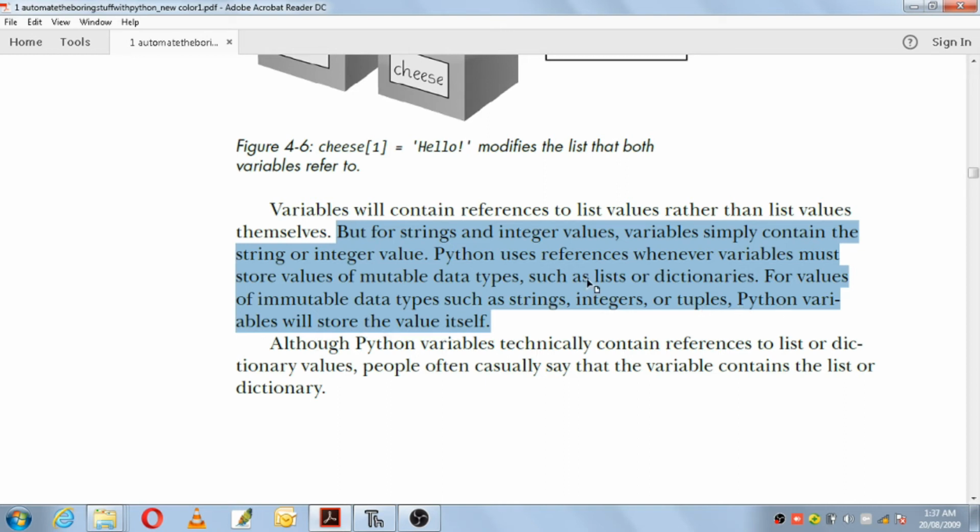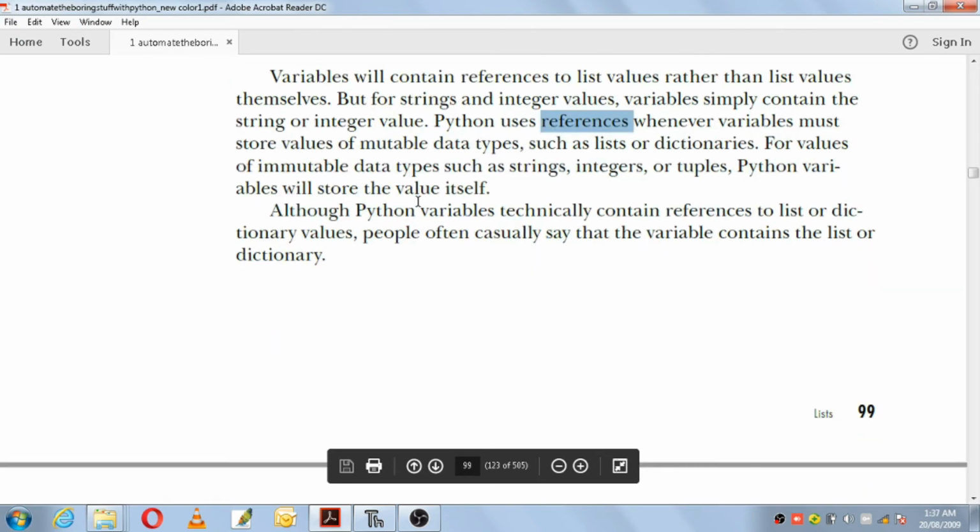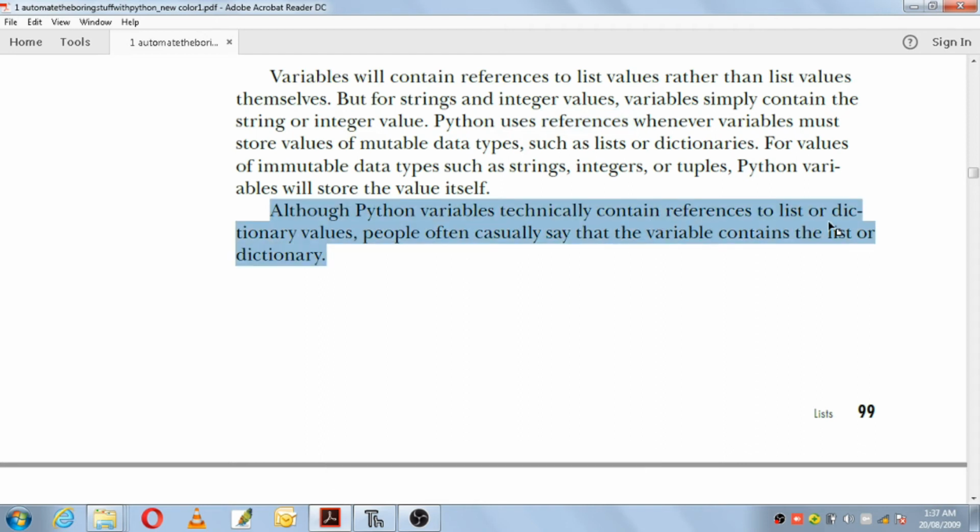But when you make use of lists and dictionaries, it will store the references in those variables. Although Python variables technically contain references to list or dictionary values, people often casually say that the variable contains the list or dictionary.